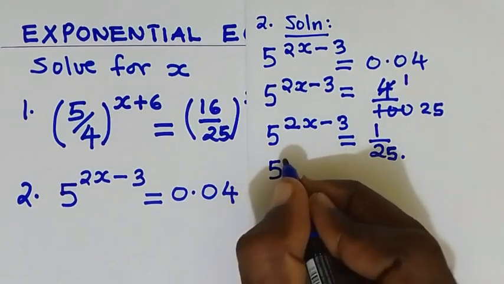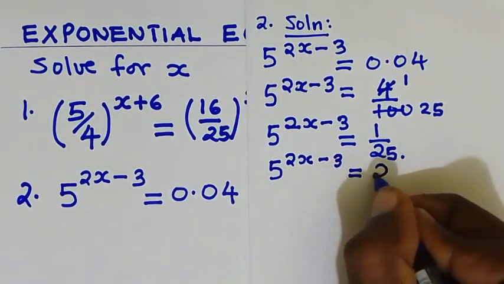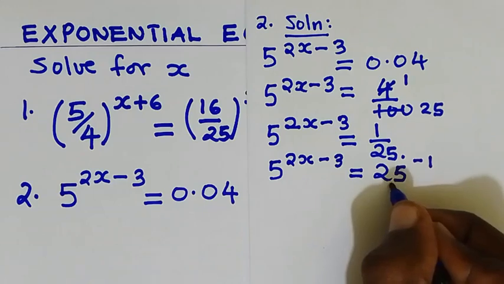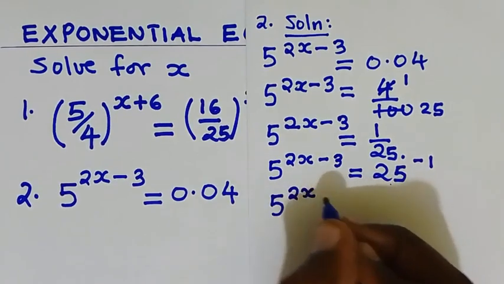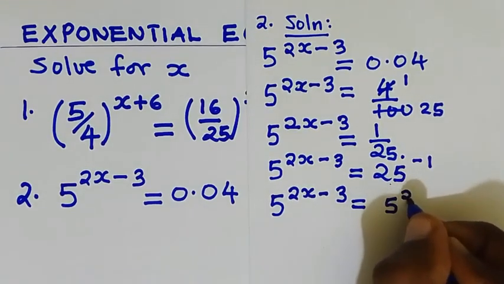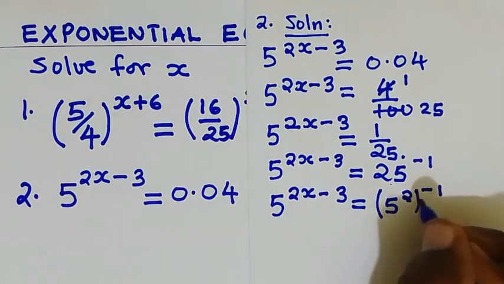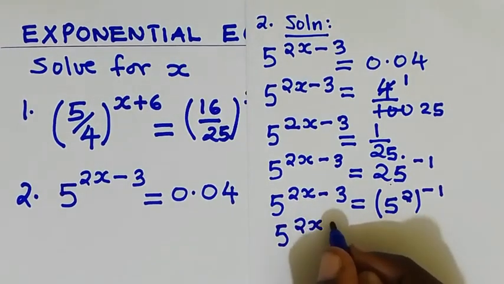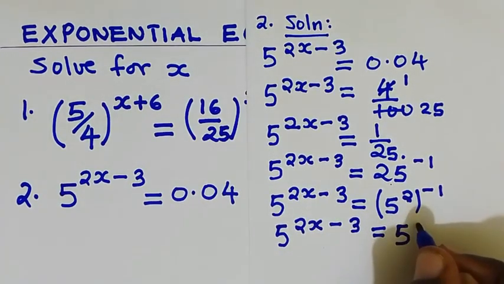That is going to be 5 power 2x minus 3 equal to 25 power minus 1, but 25 is the same as 5 power 2, so I have 5 power 2x minus 3 equal to 5 power 2, all power minus 1. I'm going to multiply the power, so 5 power 2x minus 3 is equal to 5 power